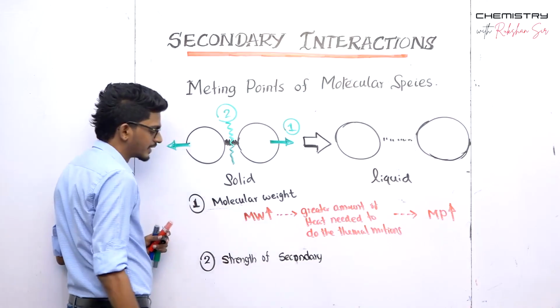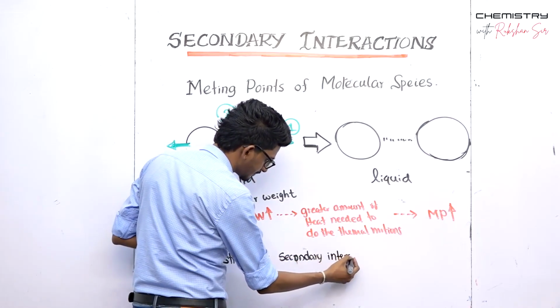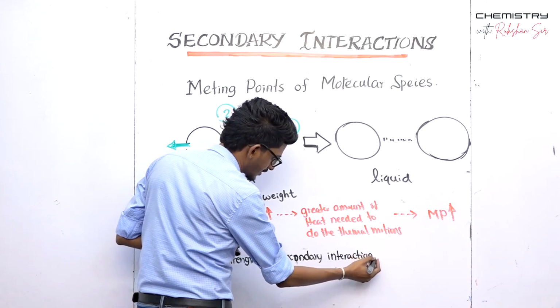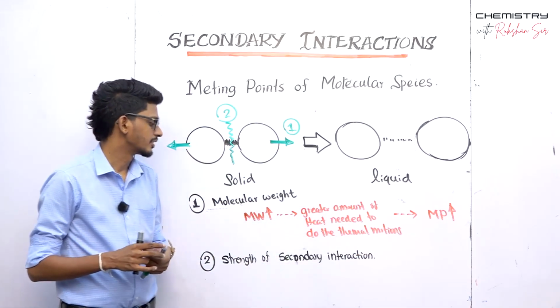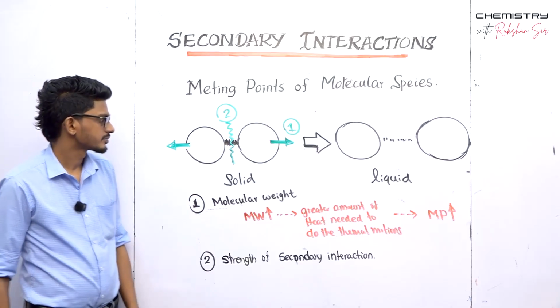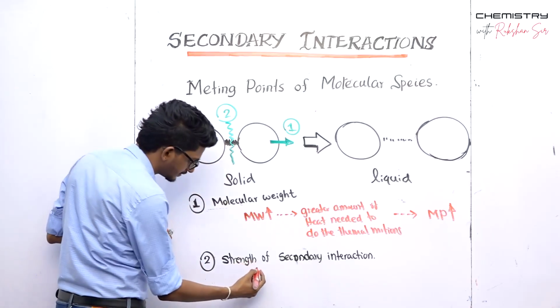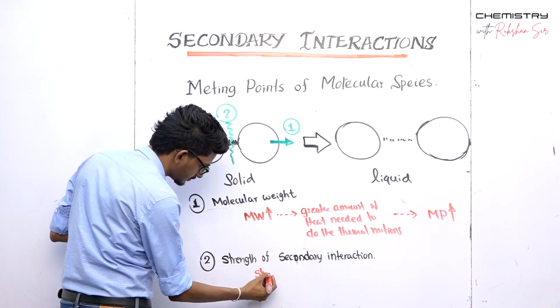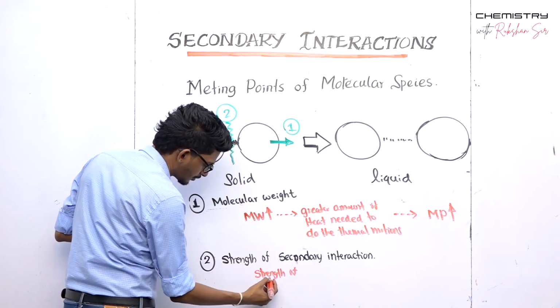Or the strength of intermolecular force, right? Strength of secondary interaction means intermolecular force, intermolecular bond strength, right? When the strength of the interaction is high,